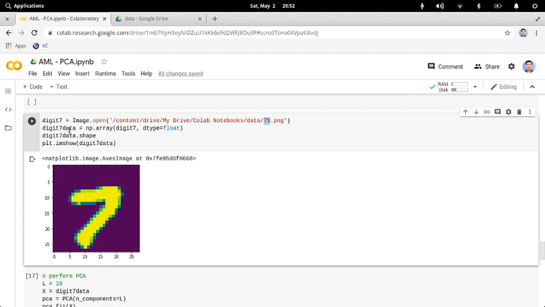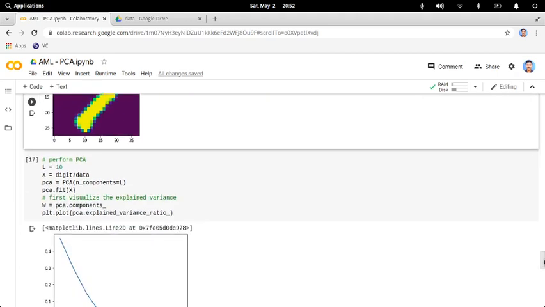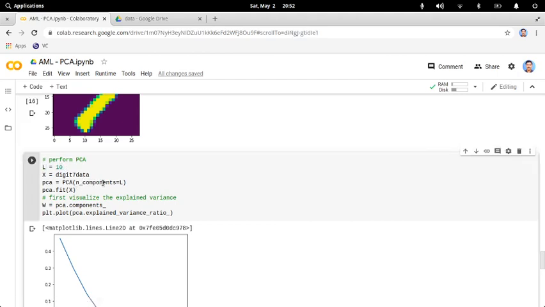Now you open that image and you have the data captured in the variable digit 7 data. To perform PCA on that, you take 10 components, PCA with components equal to 10.